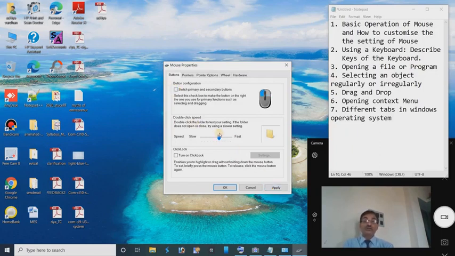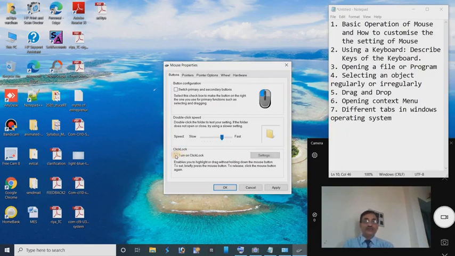Next one setting may also be quite useful. Double clicking speed. We can increase the double clicking speed of the mouse by scrolling this scroller. If we slow and fast, we can apply this one setting. If you require, some people use the mouse for double clicking very quickly, so we'll have to do it fast, and some other people do not have the speed in double clicking, then we'll have to change it. So slow, we have to make it a little slow. Okay, so this one is the setting.